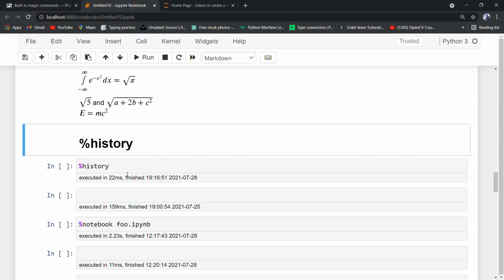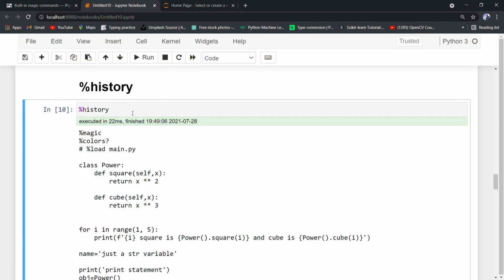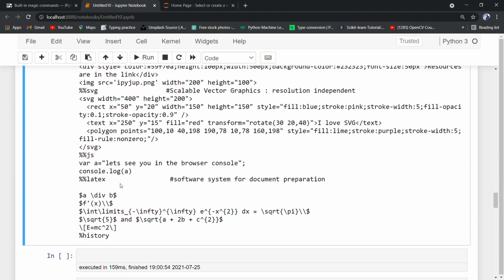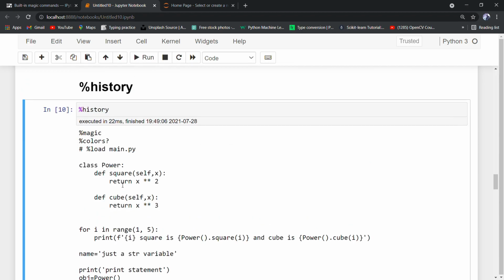The next cell magic is history, which is very important. It prints out the input history. So let's run it. So here we can see the input history. Here we can see that the first cell that we ran was a magic, and then colors and so on. So let's read its documentation.